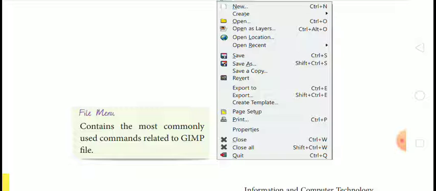Then next is the Save As option. If you have saved any file already and you want to save this file with any other name or in the same folder, you will use the Save As option.